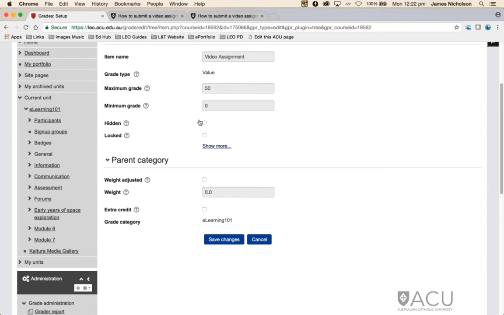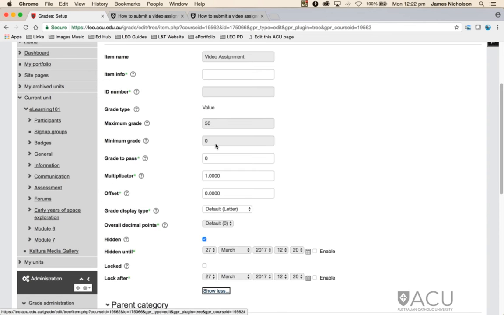We can make the grades for this assignment hidden until we're ready for them to be shown. And so I could just click on that and then click Save Changes. Then once the grades are all ready and marked, I can then unhide them. Or the other thing I can do is if I click Show More,